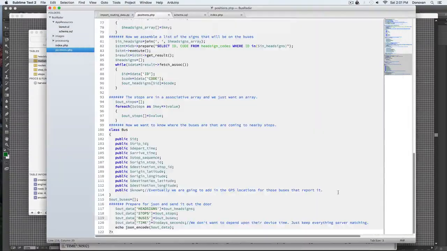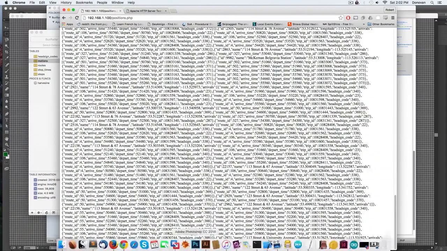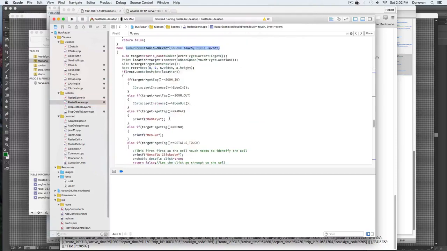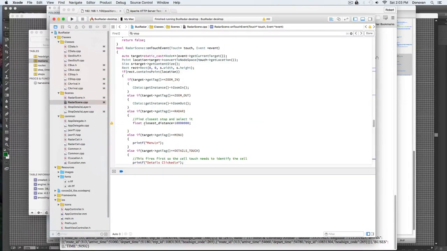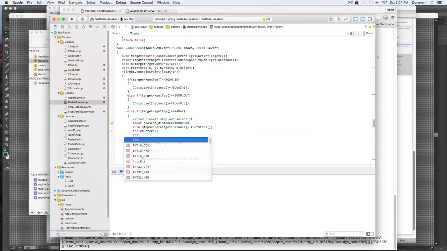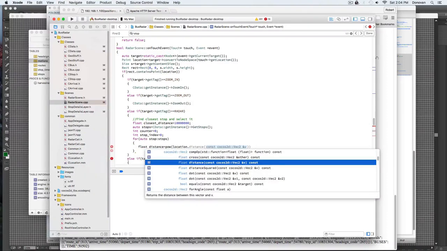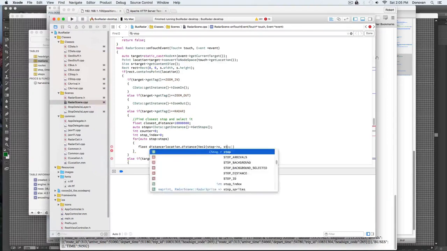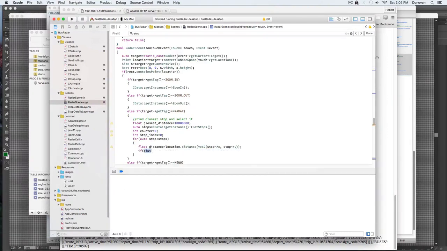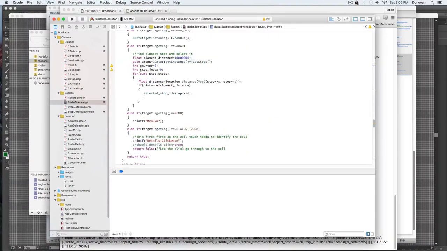So now this is a quickie radar click. And what we're going to do is very straightforward, get the distance. And we'll use the location distance within. There's actually a vector distance thing, so why not use that rather than do my own hypotenuse code. And so now it selects a stop. So if we click,